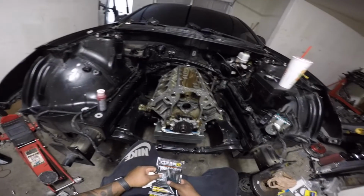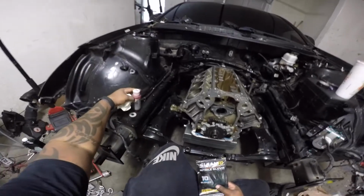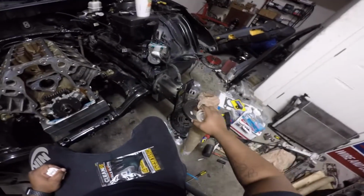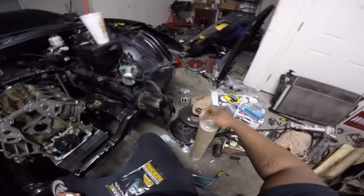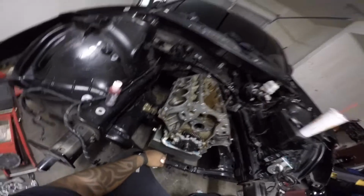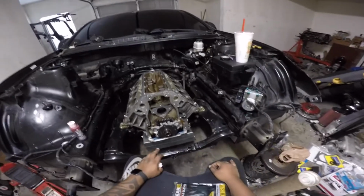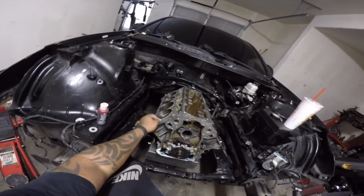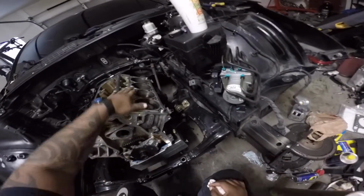So for this part, you're gonna need some assembly lube, some gloves, and the cam. I got all this stuff over here to install, and then I gotta clean these. So I'm just gonna break it up into parts. I'm gonna put the engine together, and then I'm gonna take a razor, clean up all the deck, so we can get the heads thrown on. All right, so now that we got gloves,